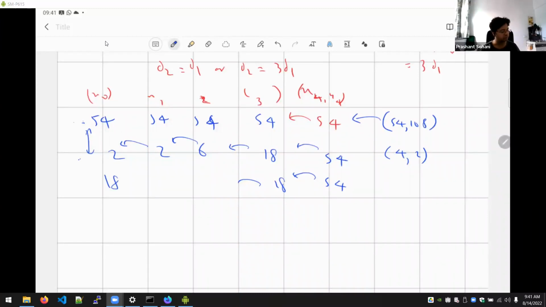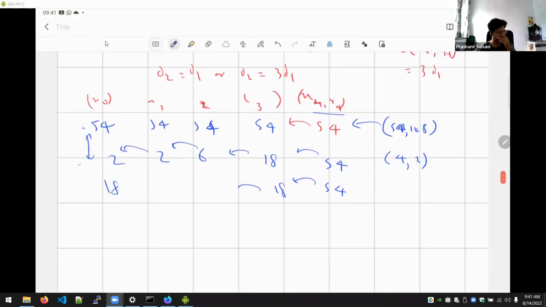If you start with the GCD, how are you sure that up to x4 comma y4 the GCD remains 54? It doesn't keep increasing. Sir, it can't increase. No, it can increase. Yeah, actually I worked out the numbers. I forgot now, but anyway, I'll include them in my sample solution.